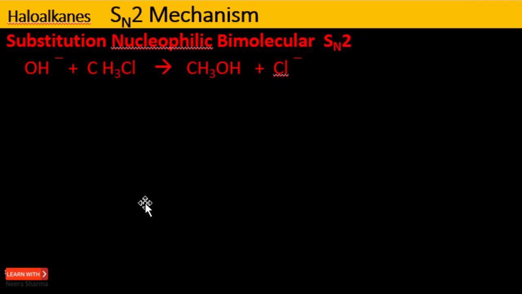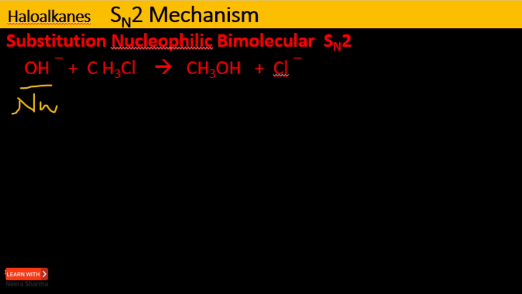haloalkanes. We have two mechanisms. One is called the substitution nucleophilic bimolecular or SN2 mechanism, and the other is the SN1 mechanism. So if we take a nucleophile, what is the nucleophile here? OH minus in general is the nucleophile. If we treat it with haloalkanes, I'll get the alkyl group and the nucleophile, and chloride is